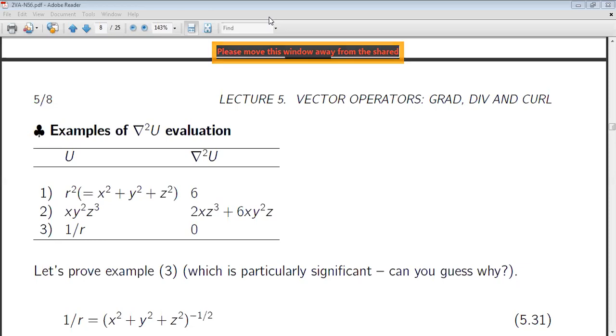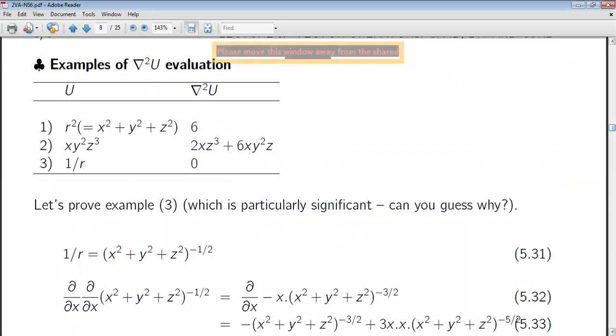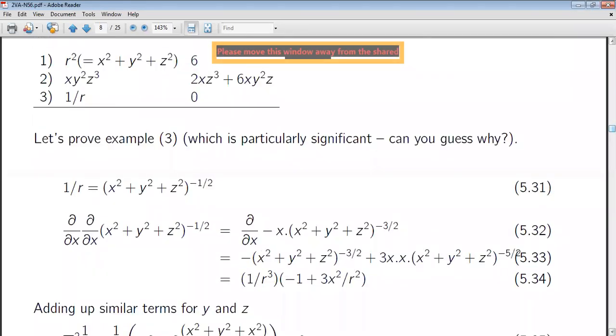So next one is what? Okay, the solution of the last one is given here, see. The solution of the last one, that is if u equals 1 by r, so 1 by r is what? What is the value of r? Already in the last classes I have discussed the value of r, no? The value of r square is x square plus y square plus z square. So the value of r is that to the power half. Since it is 1 by r, 1 by r means x square plus y square plus z square whole thing to the power minus half.